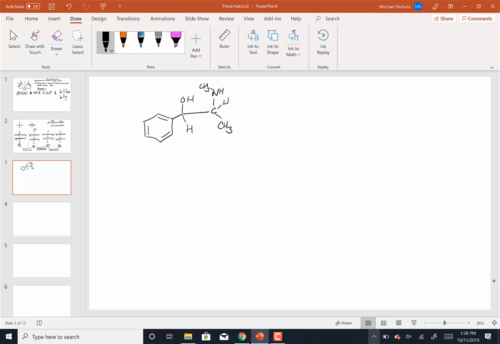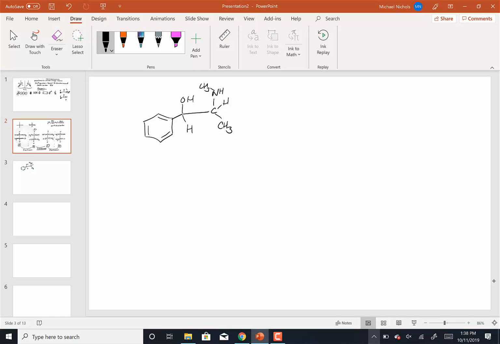If I have a GC and I'm a forensic chemist, I can inject those 2 compounds into a GC and see 2 peaks. I can put them on a TLC plate, see 2 spots. One melts at like 35, another one melts at 100. So diastereomers are completely different molecules. They have different physical properties and they have different chemistries. They have different chemical reactivities. So diastereomers